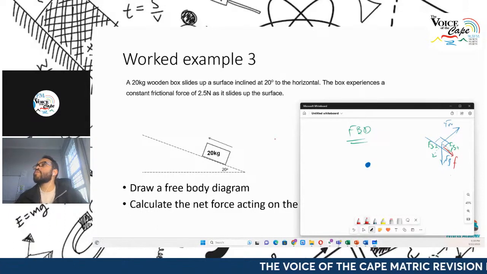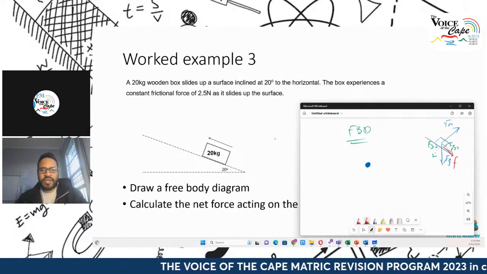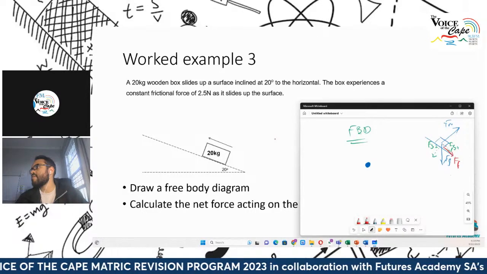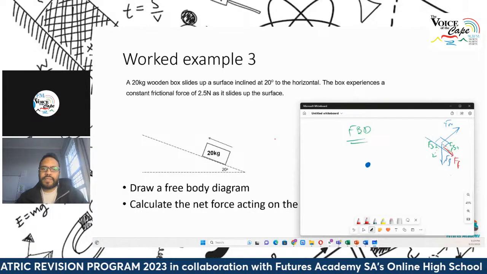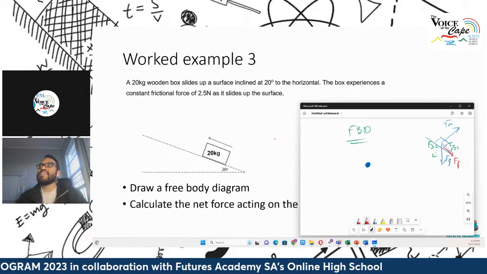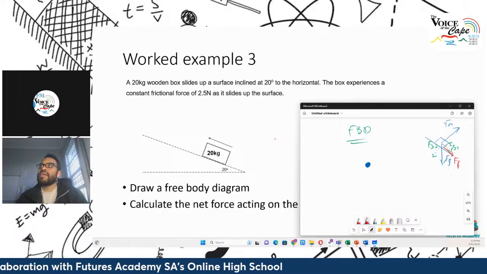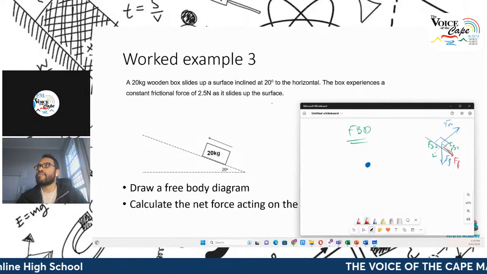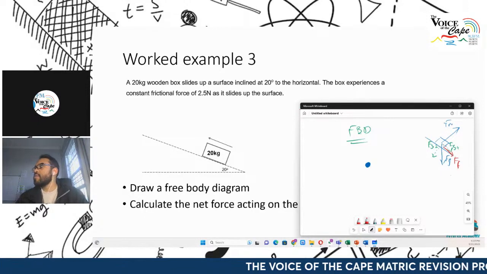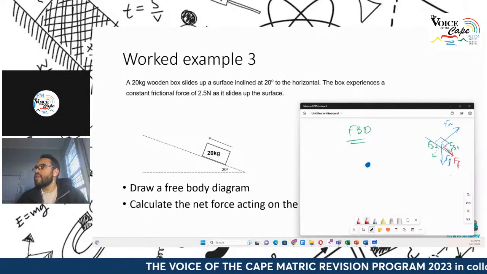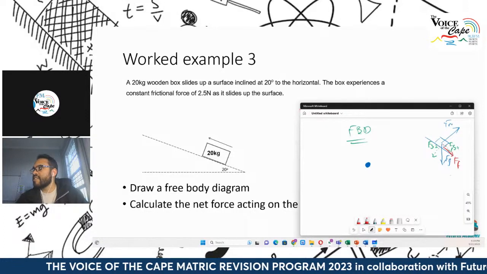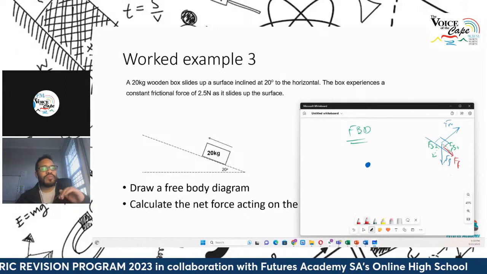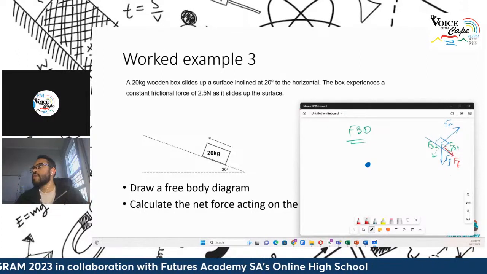And since this object was moving, constant frictional force, it will be kinetic, right? So let's just leave this as capital F, little f. There we go. Okay. And it was sliding upwards. So they don't tell us it has any applied forces, so it's just sliding upwards. So while it's sliding upwards and there's no mention of an applied force, we won't worry with that, right? So when we draw the free body diagram, one way is to include gravity. The other way is to work with the components of gravity. And I like working with the components because when we solve the questions later on, the components become important.